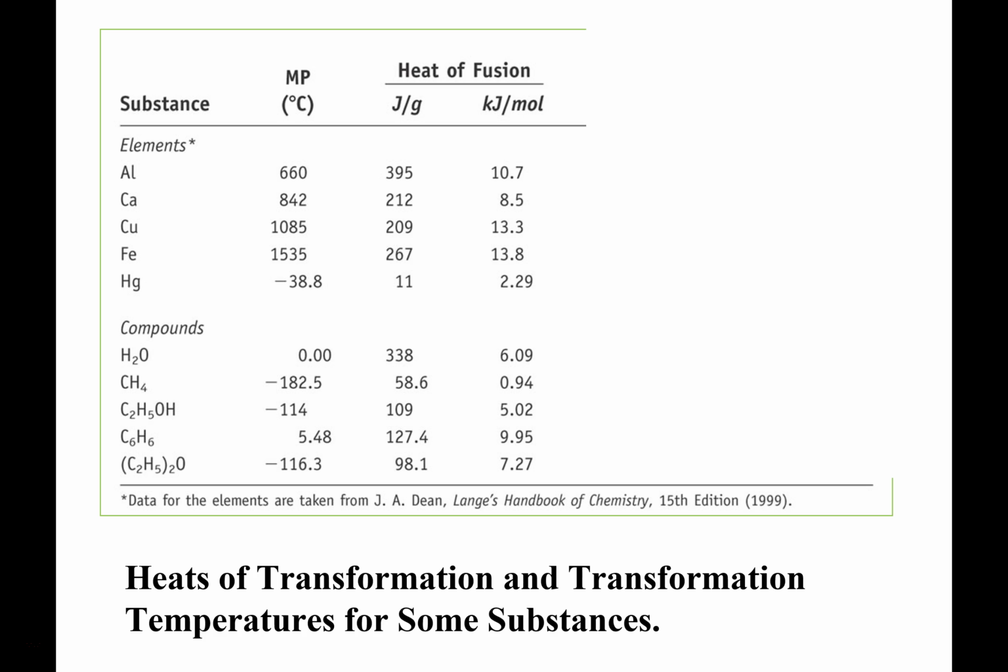Okay. So I did not bring my calculator, so I meant to. What I want to do, because I don't do it until later, is just to pick one of these and do a problem. Before I pick one of these and do a problem, let's see what we got. So we have elements, compounds. Now, these are